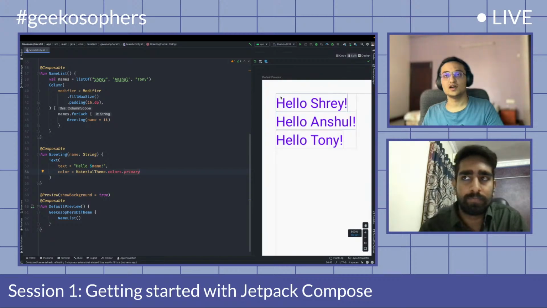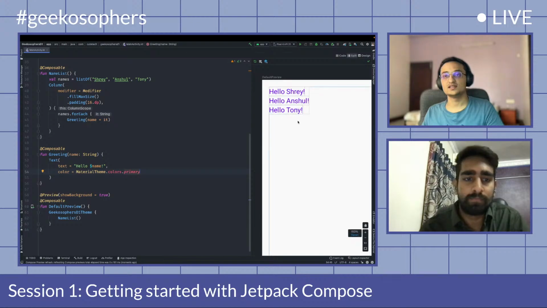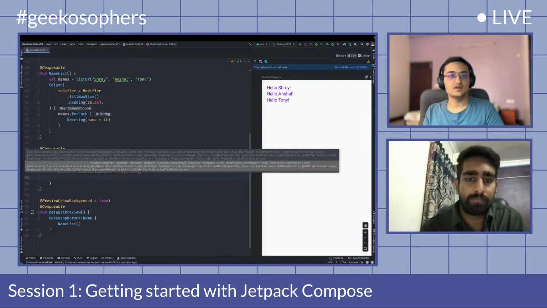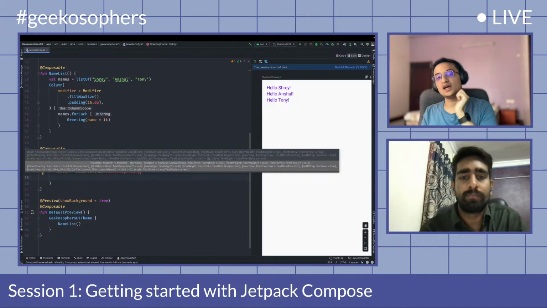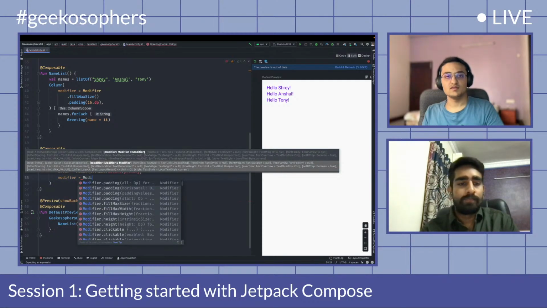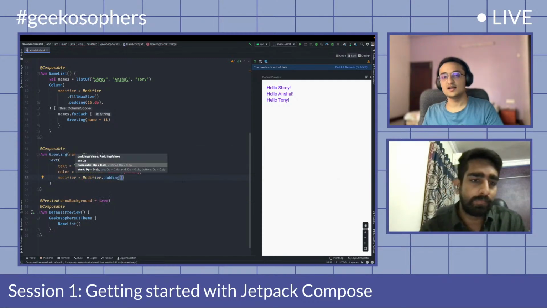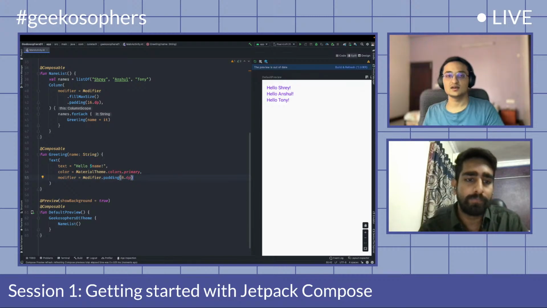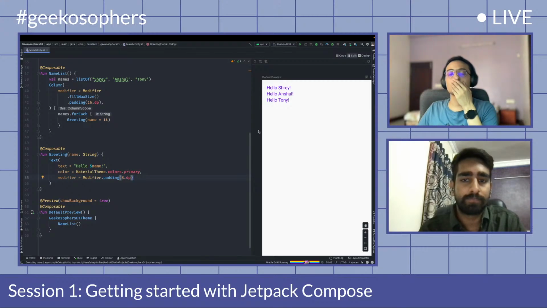So if you see now, the color primary is applied to all these. Similarly, we have text font size, font style, font weight, and a lot of these parameters. If we see modifier, we can have modifier dot padding and add some padding to each of these texts. So now 8 dp padding is applied to all these texts on all the sides. See,